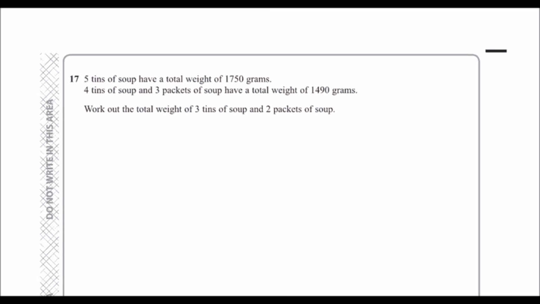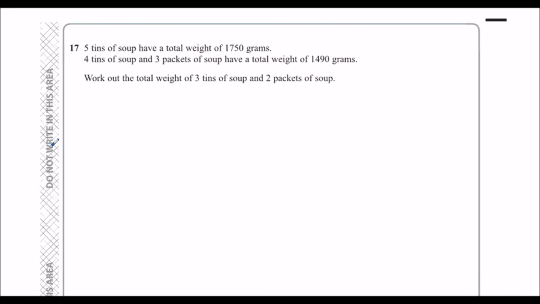Okay, question 17. We've got 5 tins of soup have a total weight of 1,750 grams. So, I'll just read the question first. 4 tins of soup and 3 packets of soup have a total weight of 1,490 grams. Work out the total weight of 3 tins of soup and 2 packets of soup. Okay, so 5 tins of soup, I'll put 5t, has a total weight of 1,750. So 5t equals